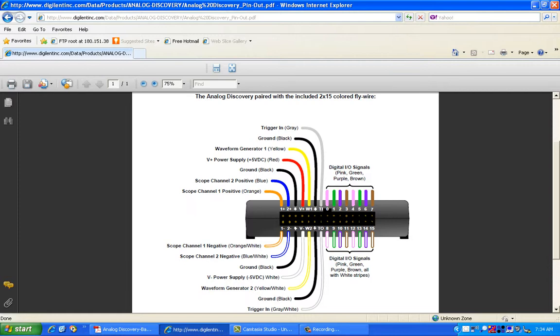Similarly, channel 2 is indicated by the blue wire for positive, and the negative is indicated by the blue and white fly wire. So in this presentation and demonstration, in order to implement an LC bandpass filter, we are going to be using both channel 1 and channel 2, and subsequently we are going to use the supply source, the waveform generator yellow wire, in order to feed the waveform of our choice.